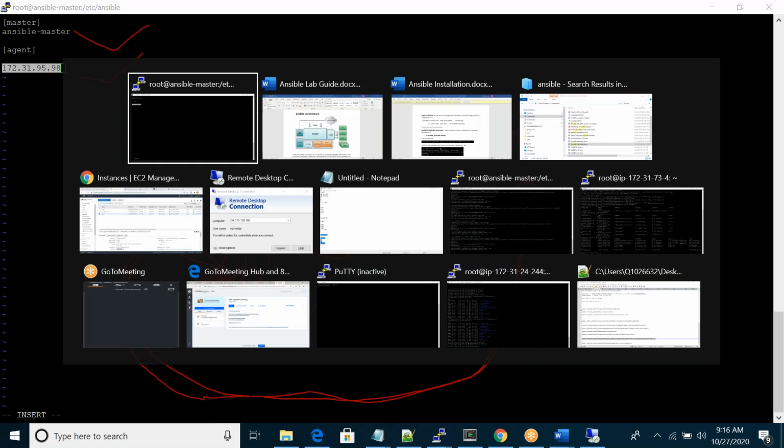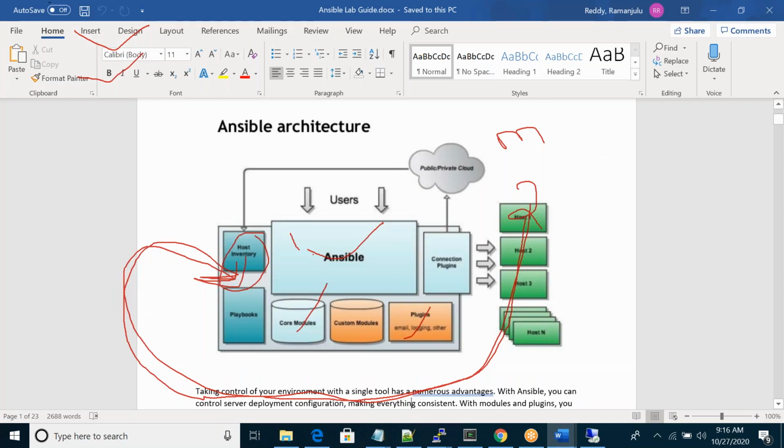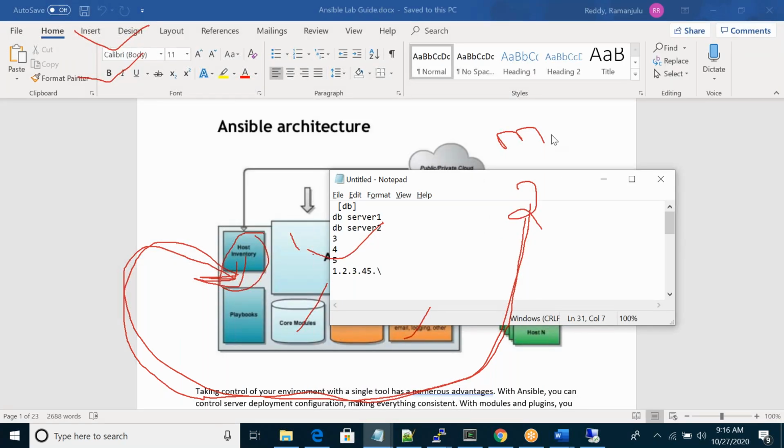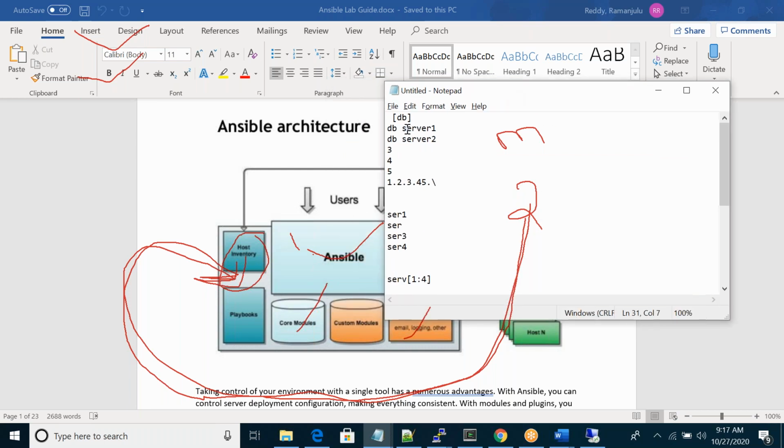For example, in your case, you have multiple servers, then you will create groups like these for easy management or easy configuration.